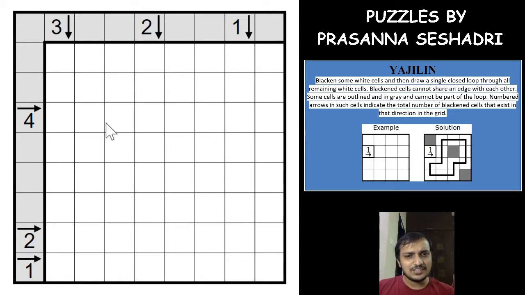These are usually inside the grid, but if you see this puzzle, all of the clues are outside the grid. Even the grey cells which do not have any number or direction are said to be clue cells, and the loop cannot pass through clue cells. Neither are the clue cells counted in the number indicating the shaded cells. So the light grey cells are called the clue cells, and if you have a clue cell here, it is not counted as a shaded cell, nor can it be part of the loop. Now let's start the puzzle.